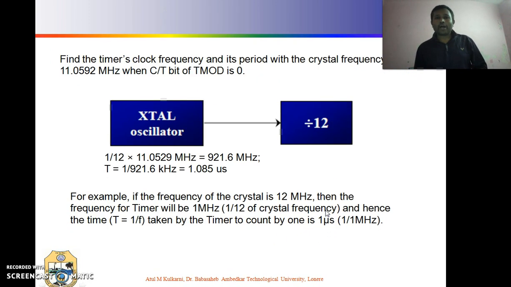That's it. Now this is one very important example related to timer. Let us say the clock frequency of the microcontroller is 12 megahertz. Then the clock frequency divided by 12 is the frequency of your timer in the case of 8051 microcontroller. That means if the crystal clock frequency of the 8051 microcontroller is 12 megahertz, then the clock frequency of timer will be 12 megahertz divided by 12, which is 1 megahertz.